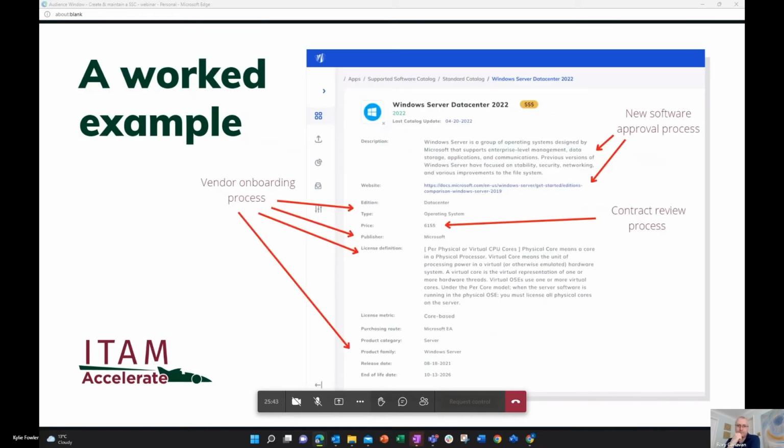Yeah. So this is a worked example of how we would include data within our catalog, and examples of the processes which update the items. So this is pulled from the Licenseware supported software catalog application that they've created. So you can see it's Windows Server Datacenter 2022. We've got information about the description and even potentially a link to the website